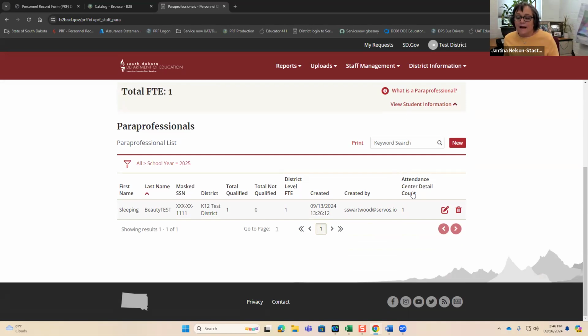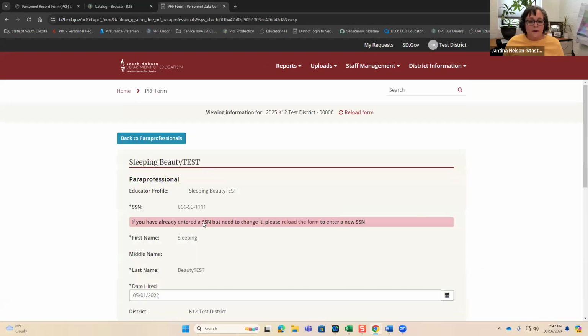For this training, I just kind of created a record. And most of you are going to see all of your staff listed here. But if you look in the total qualified columns in the district level FTE, you're going to see zeros. And in the attendance center detail, you'll see that there's not that information. They are working on it. We will send an email out as soon as we get that resolved. So if we edit this record,